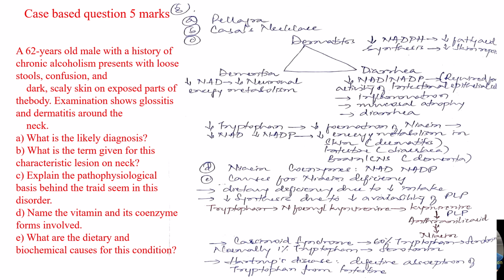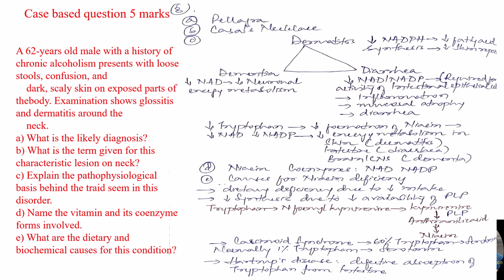Explain the pathophysiological basis behind the triad in this disorder. So this is a triad of dermatitis, diarrhea and dementia. Dermatitis, because now we all know tryptophan is needed for the formation of niacin, and the active forms of niacin include NAD and NADP. Because NAD and NADP are decreased, there is decreased fatty acid synthesis and decreased skin repair, contributing to